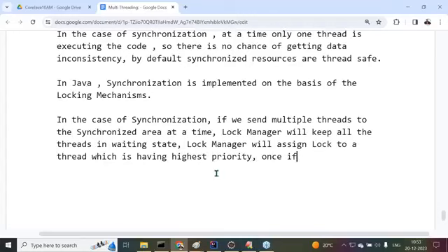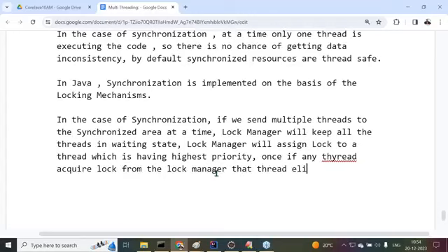Okay, once any thread acquires the lock from the lock manager, that thread is eligible to execute the synchronized code.